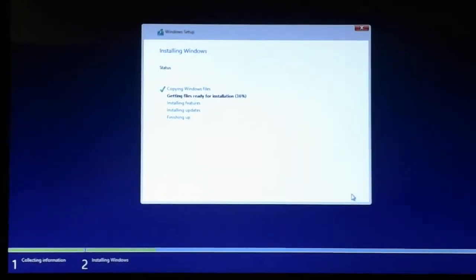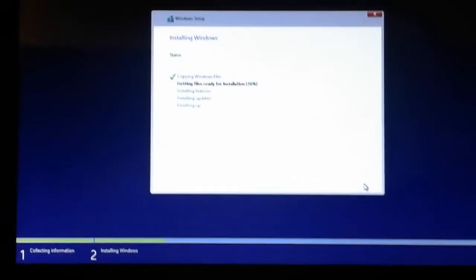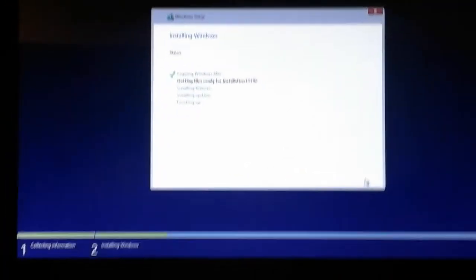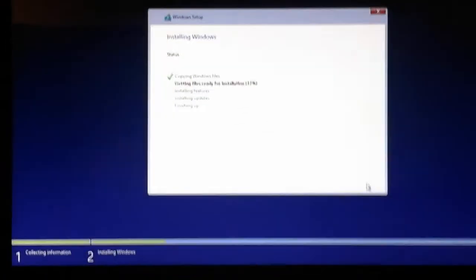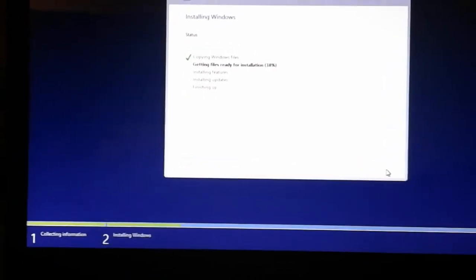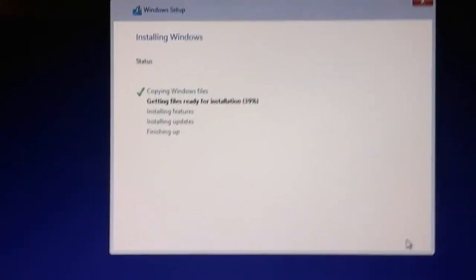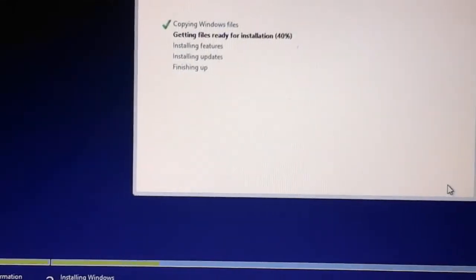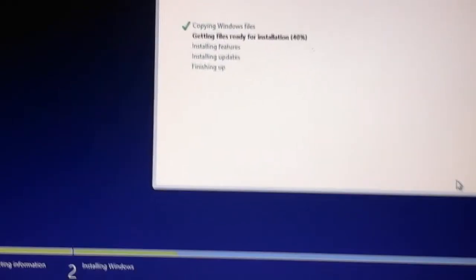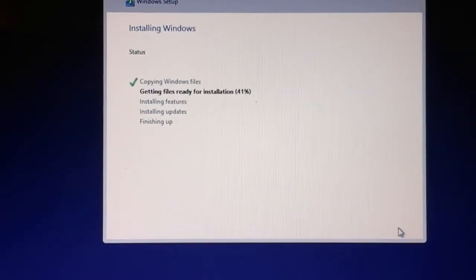Hey ladies and gentlemen, so I'm back at 36%. So I kind of wanted to come in and make a point. This is how I personally feel. This is a personal advice that I would give you. This is not advice that most people give when you do Windows updates, but just for a safety measure of the computer and the software, when you're doing Windows updates and stuff, like when you're upgrading to an operating system or whatever,